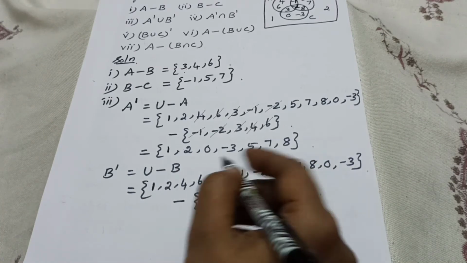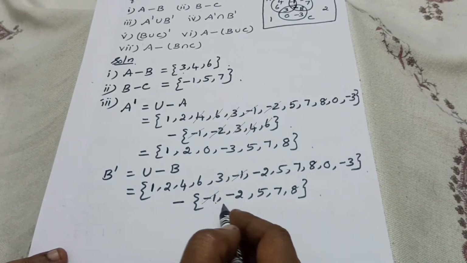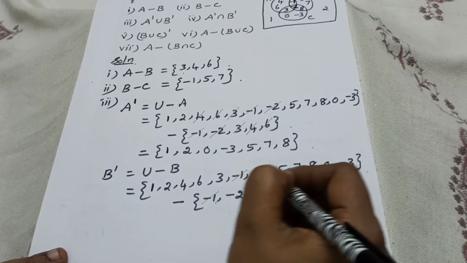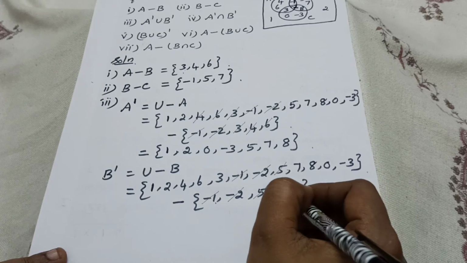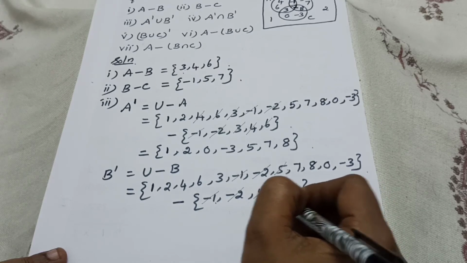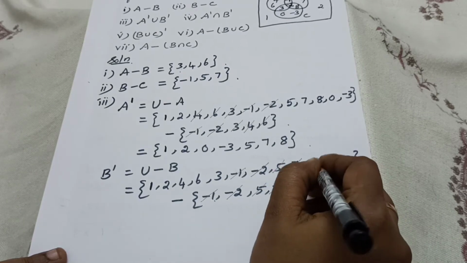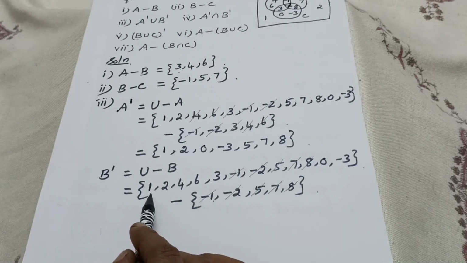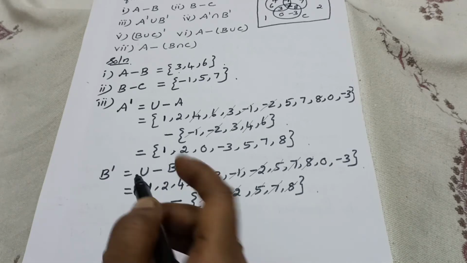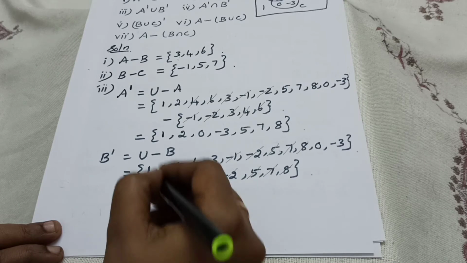Minus 1 is in universal set. So, shall we cut? These two cancel. Minus 2 also in universal set, cancel. 5 is in here. Okay. Then 7 is in B set. Then this one also we have to cancel. Then 8. Which is not in B set, these are the elements. Okay. So, you have to write what are the elements you say, which is not in B, but it is in universal set, it is available.